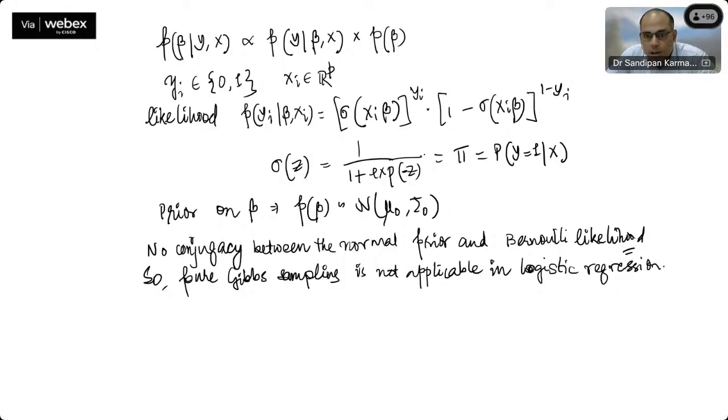Taking beta out of this expression is not possible. So generally we either use some other kind of sampling inside Gibbs, because Gibbs is applicable to conjugacy only,